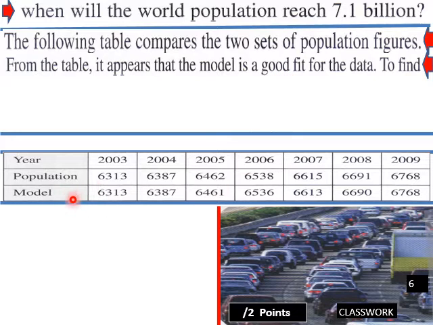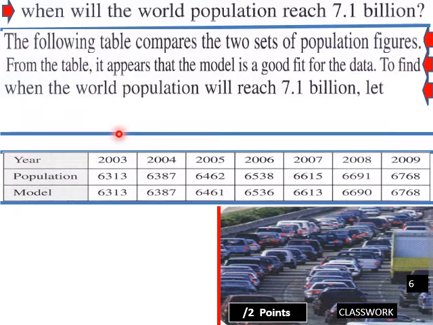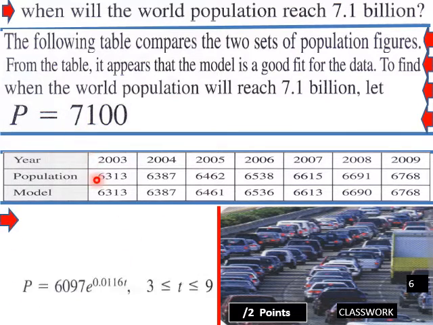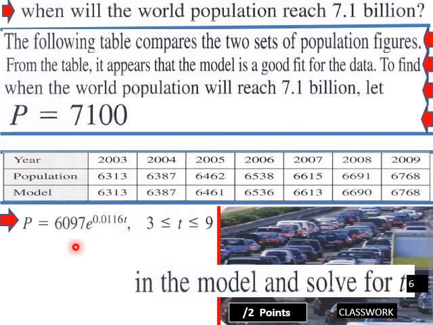So here's the model, and then the population. Pretty good. The model's falling down here a little bit, kind of lax. The population's better increasing. Well, here it evens out though. So when will the world reach 7.1? So P equals 7100. So we plug that into our